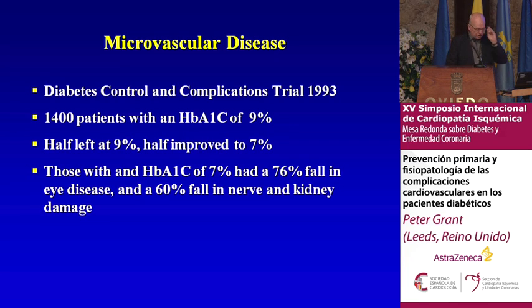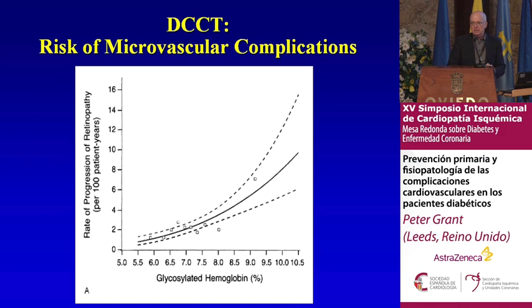That value was the one that led to the guidelines' view that we should get to within 6.5 and 7% for people with diabetes, because of this curve, which shows there's an exponential increase in risk as you rise above 7%, and you don't get much benefit below that in terms of eye disease, but you get much more hypoglycemia. That's been assumed to be a level that we should be aiming for in people with diabetes to prevent heart disease as well, but for reasons I'll show you, it hasn't quite worked out that way